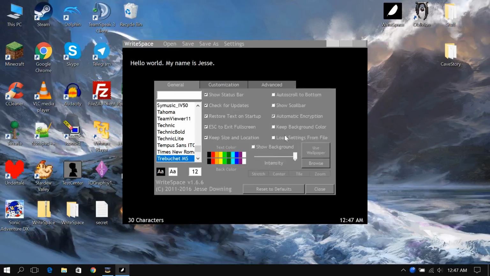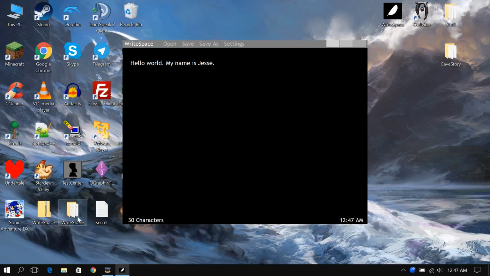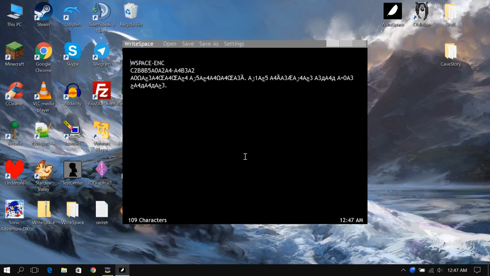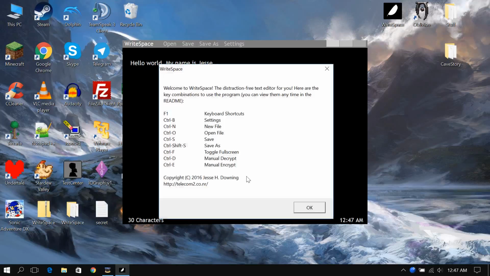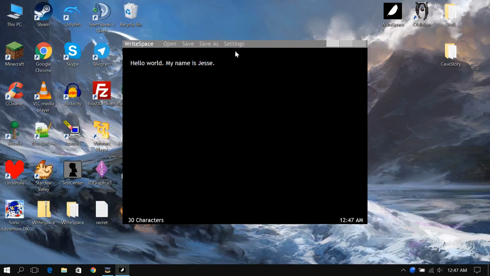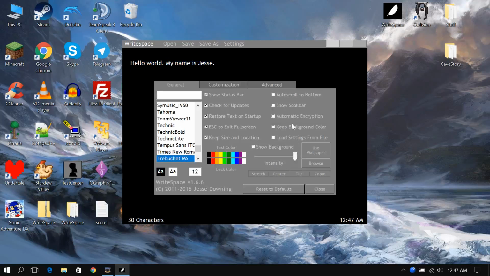Now, you can also manually do this. So Control E is manually encrypt, Control D is manually decrypt, as it said before in these instructions, which I think is a nice, cool thing. Technically it's not encryption, it's text parsing, but it's encrypted text, so I kept the name, because automatic text parsing doesn't sound as secure and cool. But anyway,